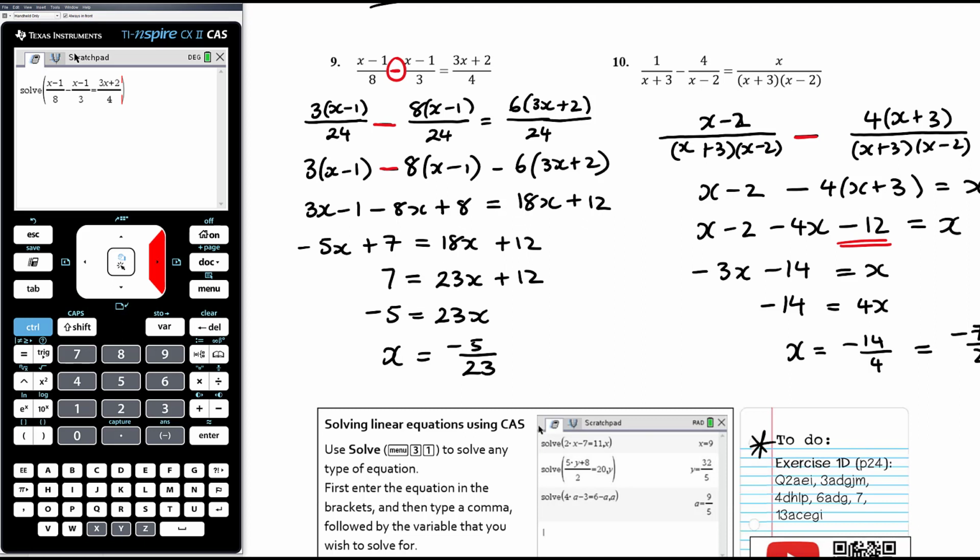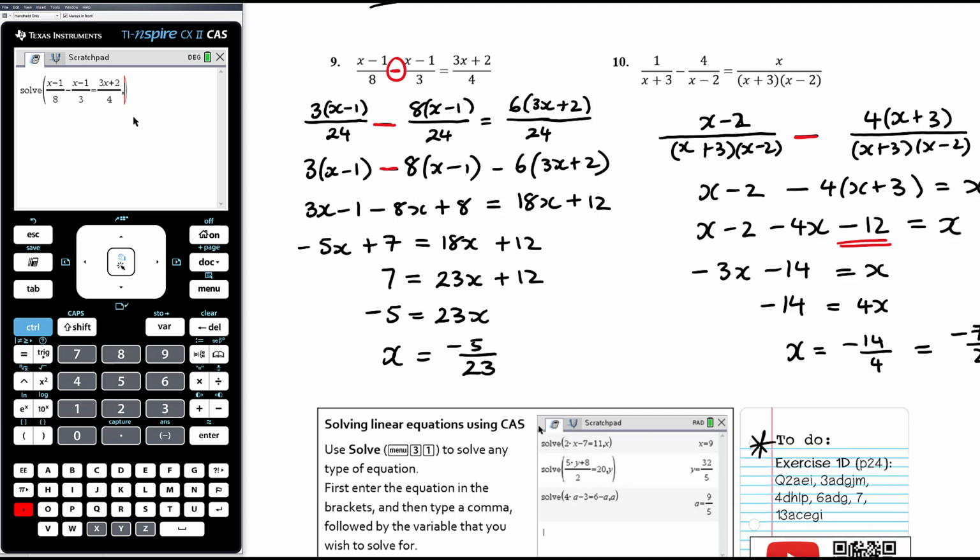Now, your CAS, if you press enter here, it'll say too few arguments. You haven't given it enough information, okay? So the solve function needs 2 bits of information, the equation and then a comma, and then you need to tell it which variable you want to solve for. Now I know that seems trivial in this particular case because there is only one variable, it's x. Why can't it work out that I want to solve for x? Look, I don't know, but it also gives us a lot more flexibility and means the solve function is a lot more powerful